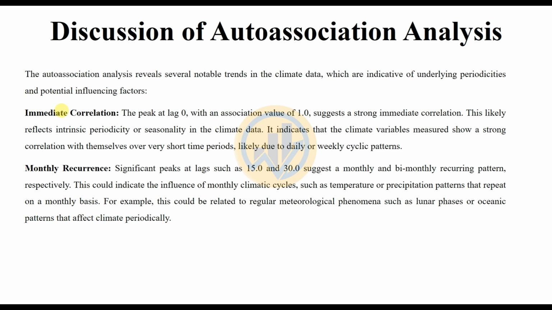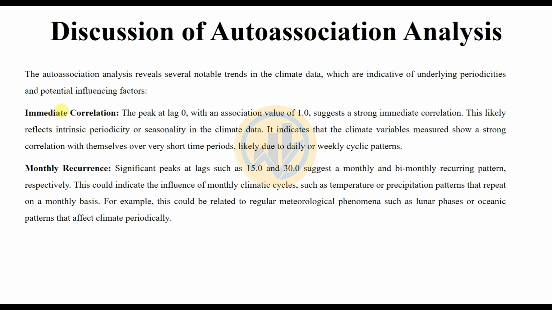This likely reflects intrinsic periodicity or seasonality in the climatic data, indicating that the measured climatic variables show a strong correlation with themselves over very short time periods, likely due to daily or weekly